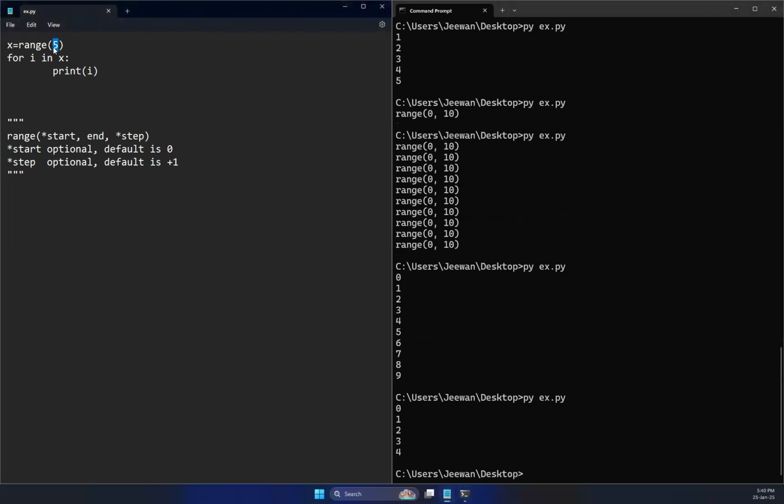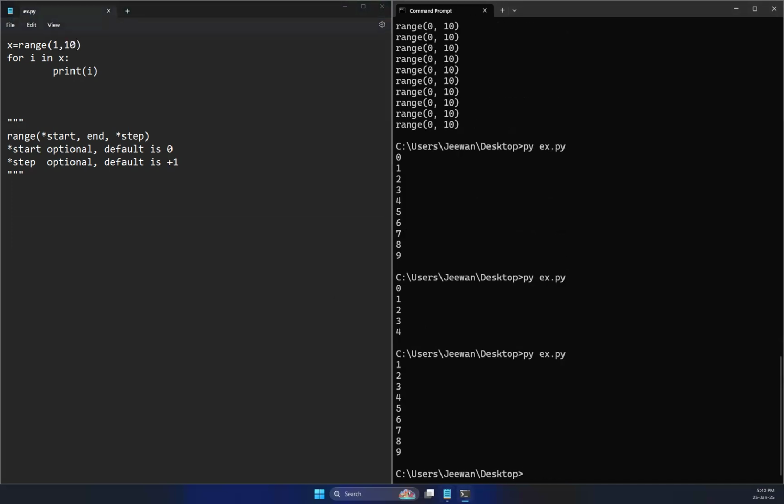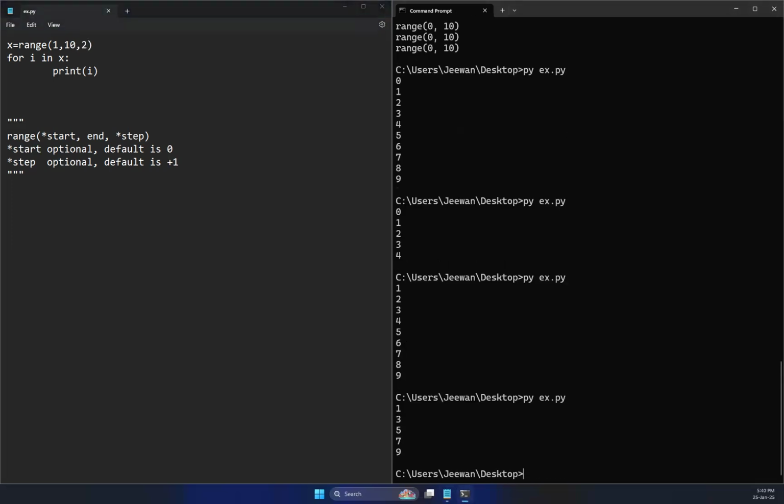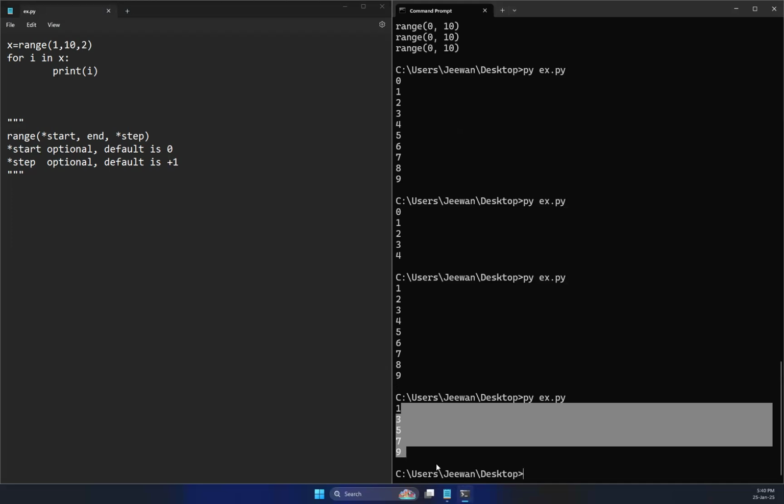Now, if you say range 1, comma 10, then starting from 1 it goes up to 9, and 10 is not included. If I say range 1, 10, 2, every time the difference between two numbers is 2. See, 1, 3, 5, 7, 9. Likewise. Okay, try to print